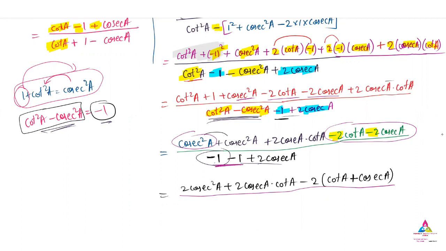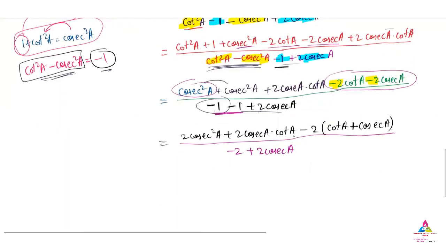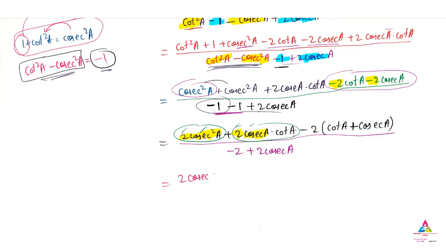minus 1 is minus 2 plus 2 cosecant A. Minus 1 minus 2, I have taken the minus 2, and that much I have done. Now I will take common in this and in this. In this and in this the common is 2 and one more is cosecant A, because on both sides we have cosecant A, here also 2, here also 2. So I will take 2 cosecant A common. Remaining will be cosecant A plus cot A. And here we have minus 2, and here also we have cot A, that I can write as cosecant A plus cot A.